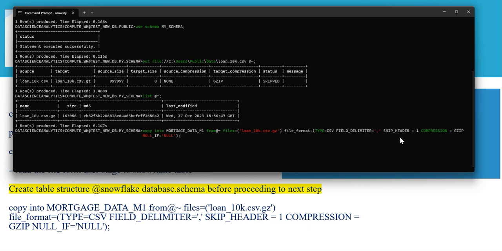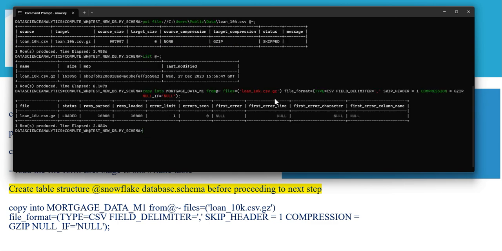I'm saying skip header. Please make sure you do this if you do have a header in your CSV, or else the file will not get uploaded and you'll have continuous errors. Skip header equals 1 if the file that you're trying to load has a header. Compression equals GZIP, and we should be good to go. Let's go ahead and write enter. All right, good news. The file got loaded, number of rows processed 10,000, rows loaded is 10,000,